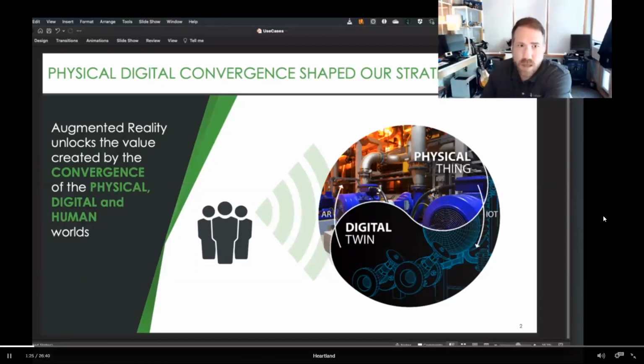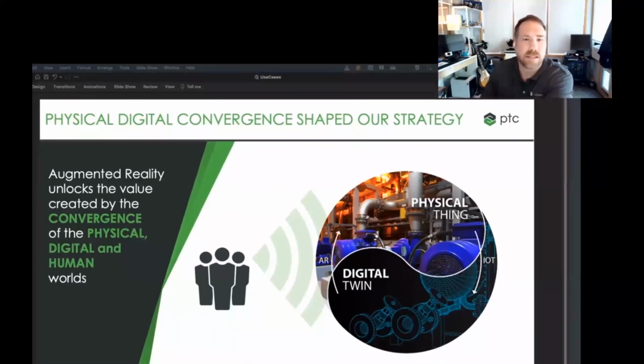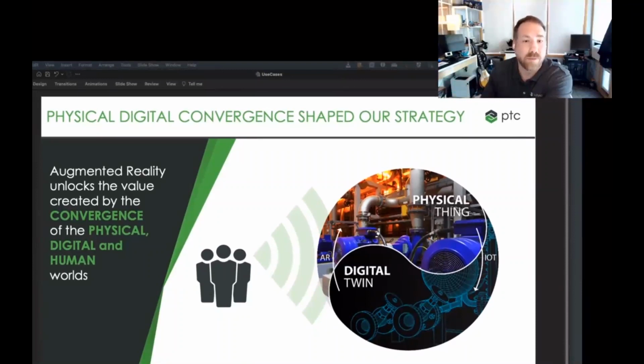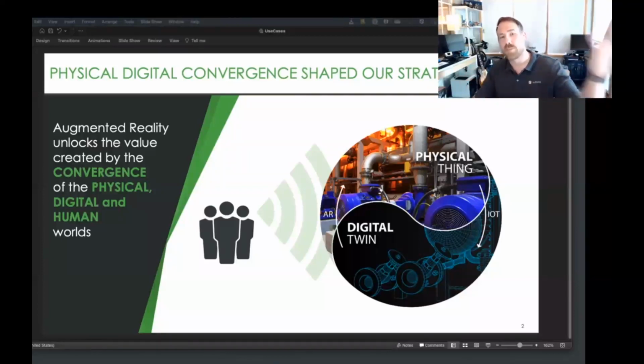Now, one thing I wanted to show you: if you see that PTC logo in the right corner there, it's a black P and a green B, and it's the convergence of physical and digital. That's our whole value proposition, why we exist in the market, is to converge the physical assets you have with the digital assets you have to bring value there. If you've got this physical object connected to the Internet of Things, then it's reporting values up. And in those AR experiences, we can read those values. So we can understand if that piece of equipment in front of us is within spec, if it's within envelope in terms of heat or any alarms for any reason, those can all be tapped into